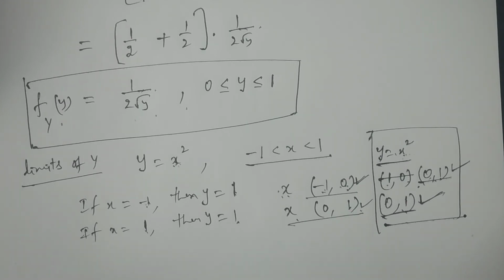Hope you understand. This is the one variable transformation method. I have explained some problems on the one variable Jacobian transformation method to understand the method. Of course, there is another one, the two variable transformation method, but for the time being I have explained the one variable transformation method. You understand? Thank you so much.